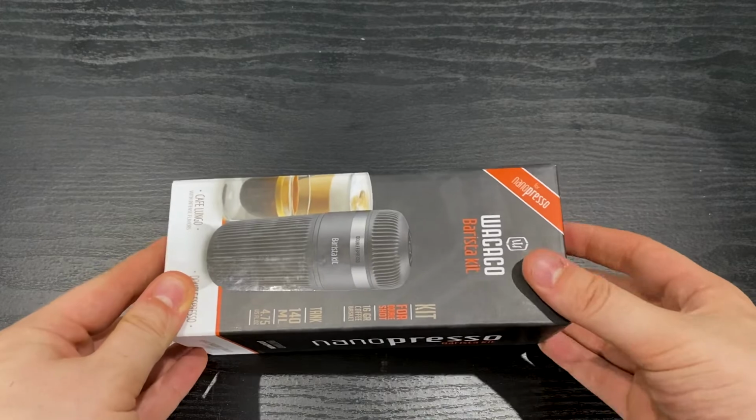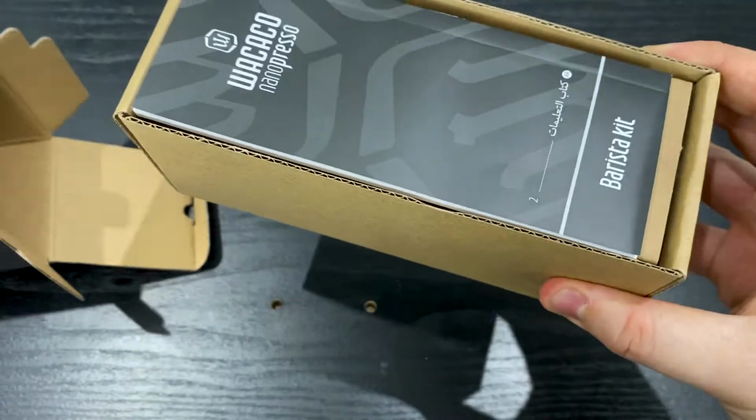So the Barista Kit extension is going to allow me to make my favorite coffee of all time, and that's a tall decaf latte with almond milk. Keep the sweetener. So let's unbox the Barista Kit, and you can see this one's packaged a lot more solidly